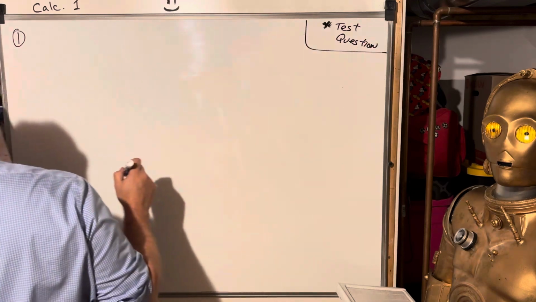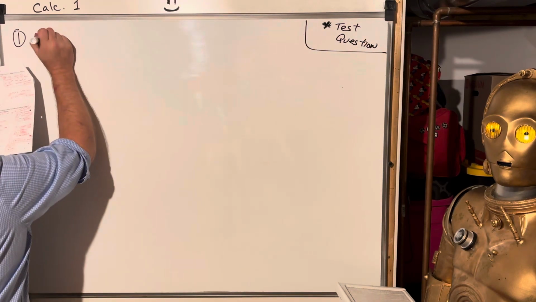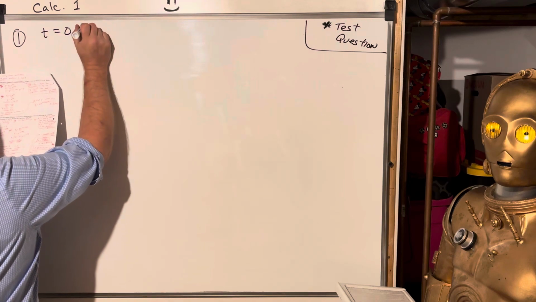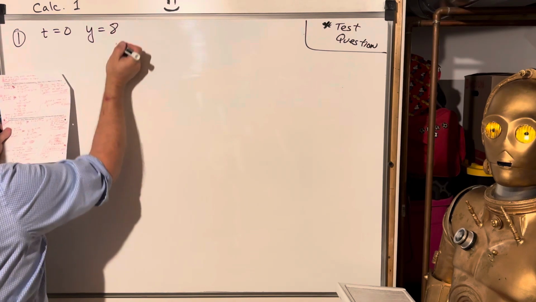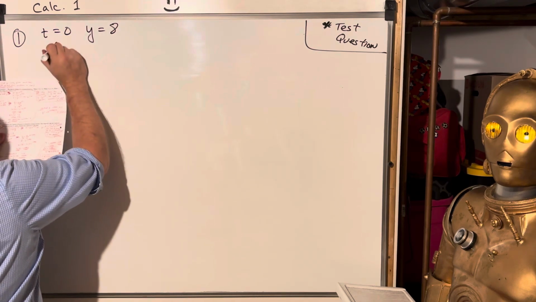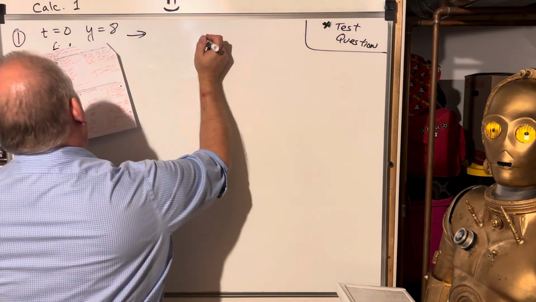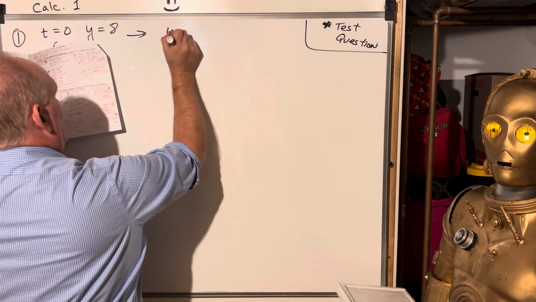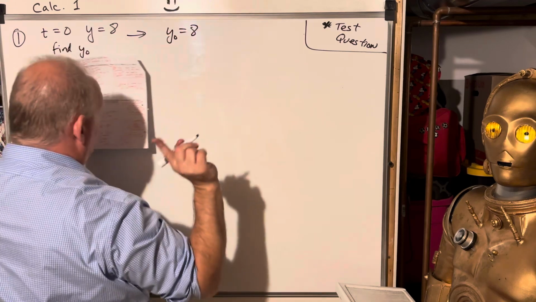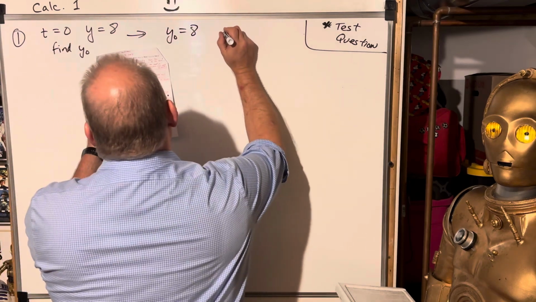All right, so let's see. T is equal to 0 when y is equal to 8. That's our initial condition. So find y naught. And again, you don't have to, you could just say y naught is equal to 8. You can, if you want to, you can say that